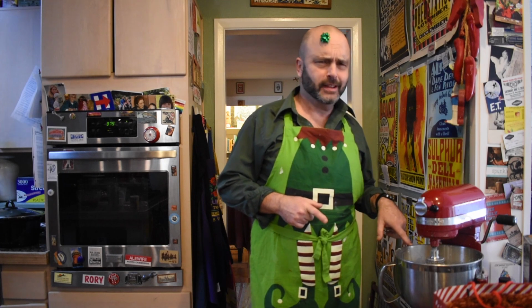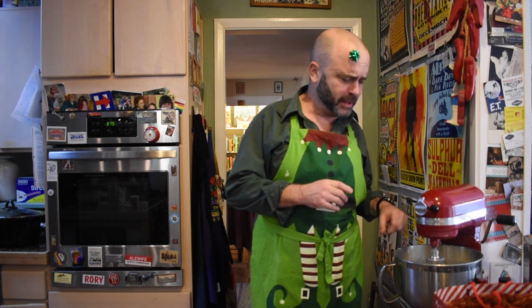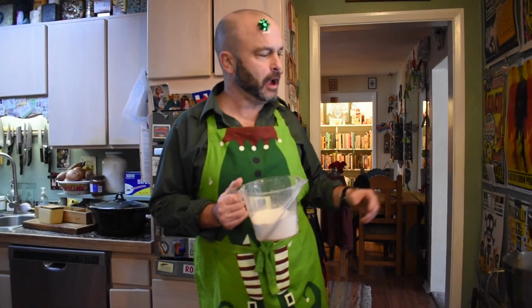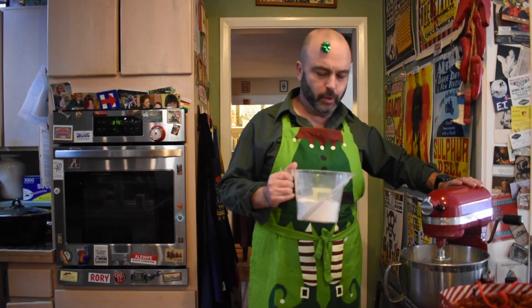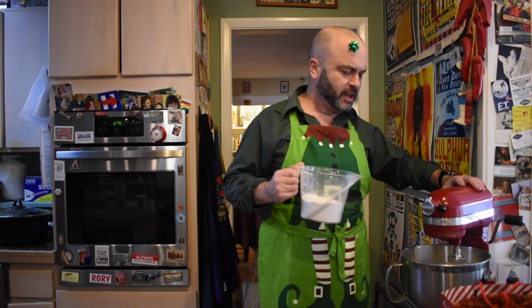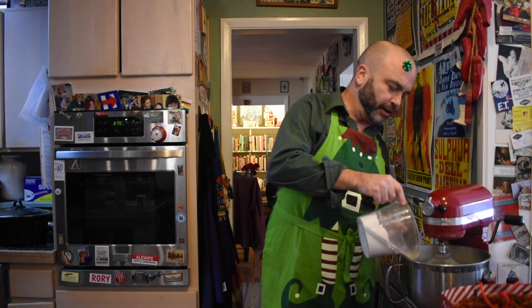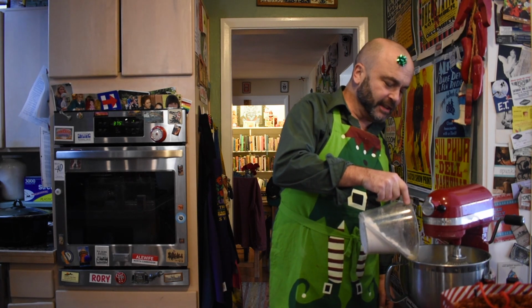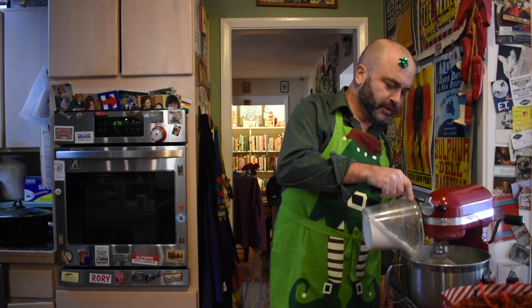Okay, so we've been whipping good, and oh, this is such a divine mixture. Just butter, sugar, and 5 eggs. Now, very gently, I'm going to put it on low, but we've got a cup and two-thirds of flour that I am going to, not exactly fold in, but I'm not going to overbeat it. It's going in gently